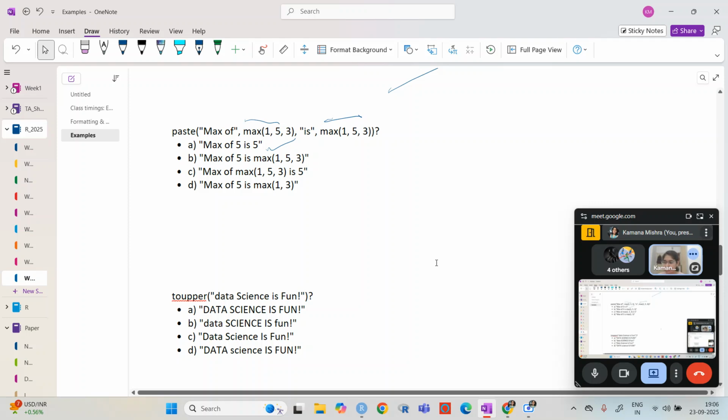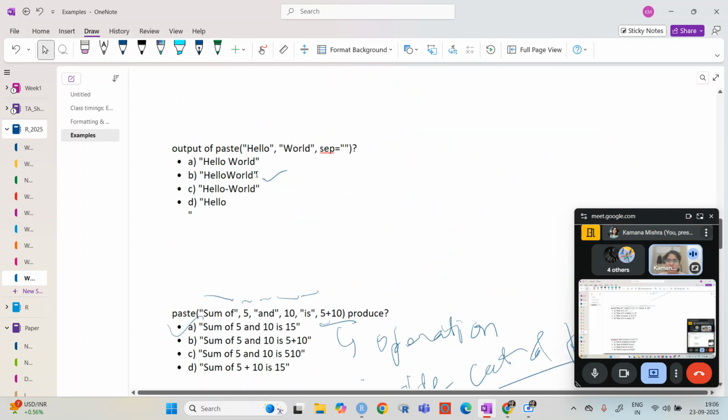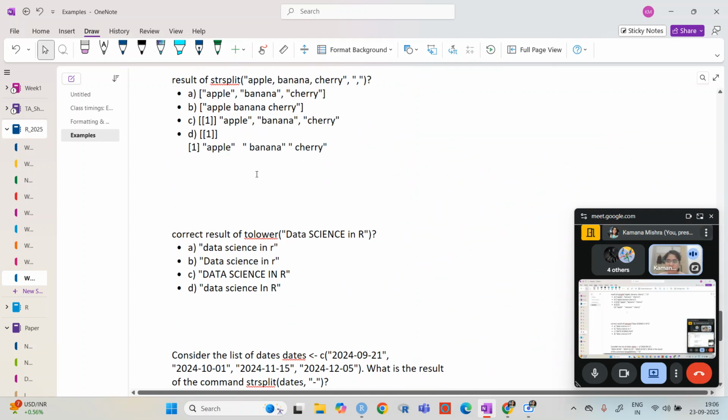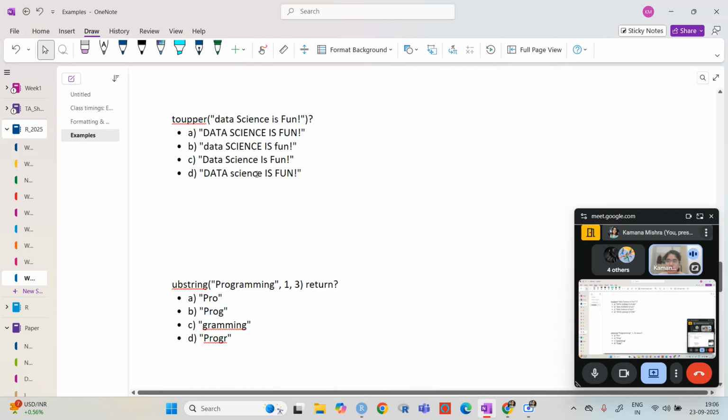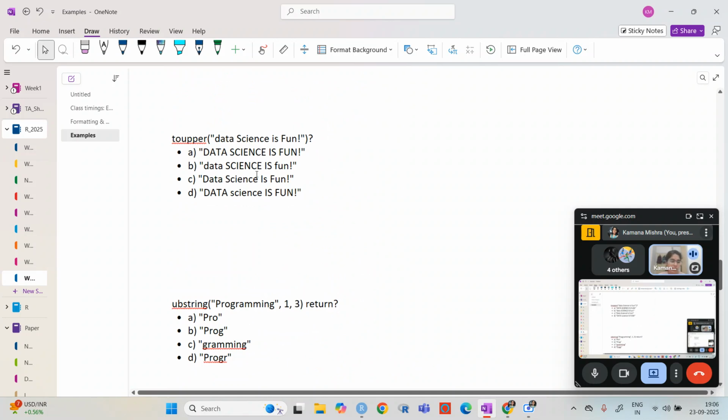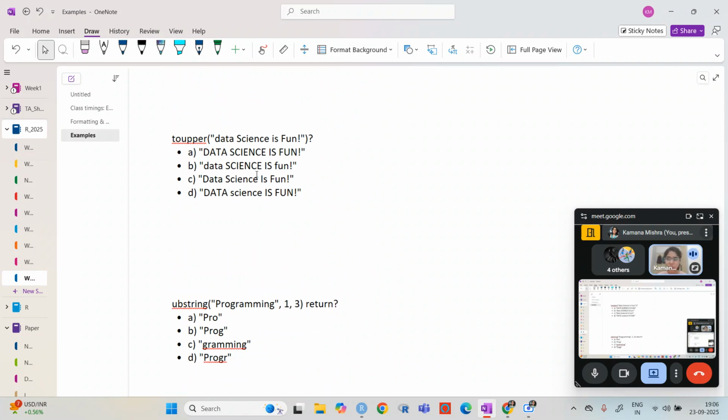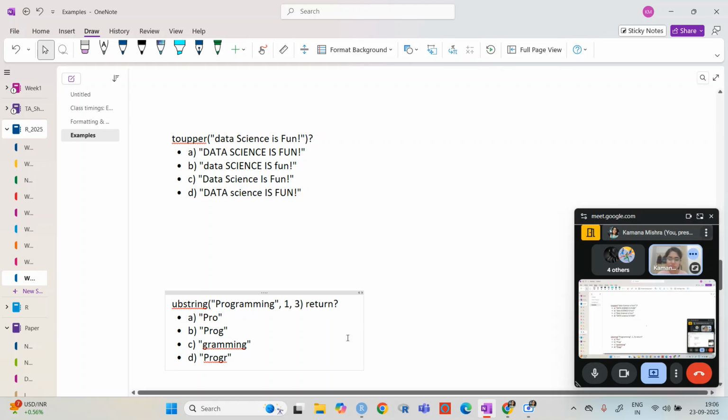So basically we have done till this base function and all. Then there is strsplit and toLower, toUpper. toUpper and toLower, as you can understand just by the word, toUpper makes it upper, and toLower makes it lower.